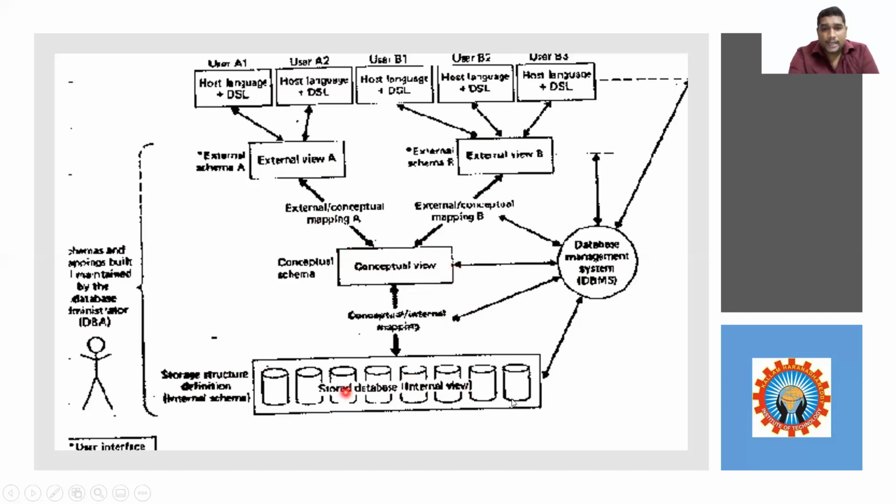And finally, the data is actually stored in the database, which is this symbol, and this is also called the internal database. Actually, the data is stored in the form of data dictionary, metadata and indices, and the last one is bit oriented. Whatever changes we make here should not affect the conceptual view and external view. This is the important concept called data independence, and three-level independence.